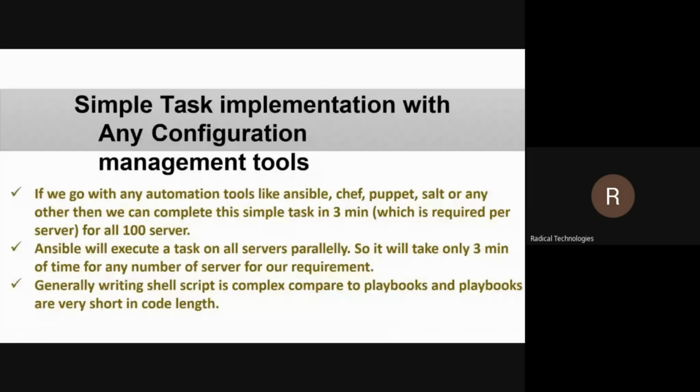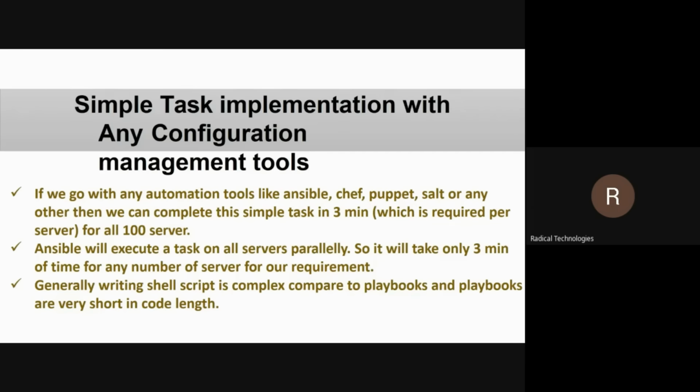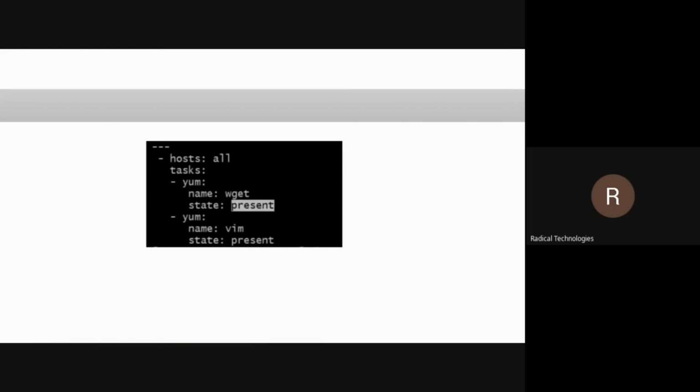तो ये आपने सबने स्क्रिप्ट देखा, but guys अब मुझे ये बताओ, ये कोड ज्यादा इजी लग रहा है या ये कोड ज्यादा इजी लग रहा है? ये स्क्रिप्टिंग का कोड है और ये एंसिबल का कोड है. कौन सा इजी लग रहा है गाइस? Ansible code is very much simple. Right. See guys, in Ansible what you need to see, you need to perform on all servers. So hosts colon all, meaning you are going to perform this code on all 100 servers. Clear guys?